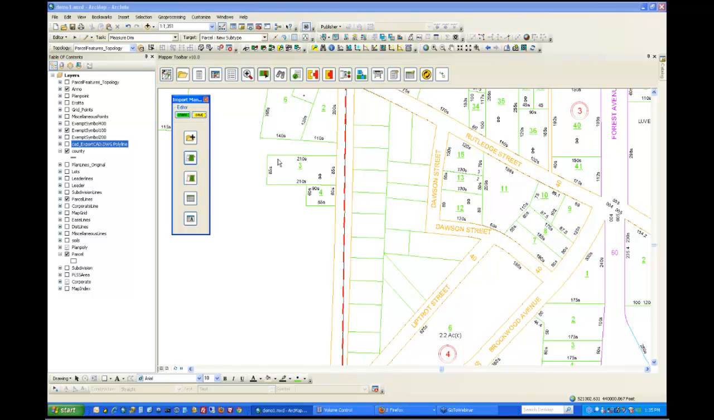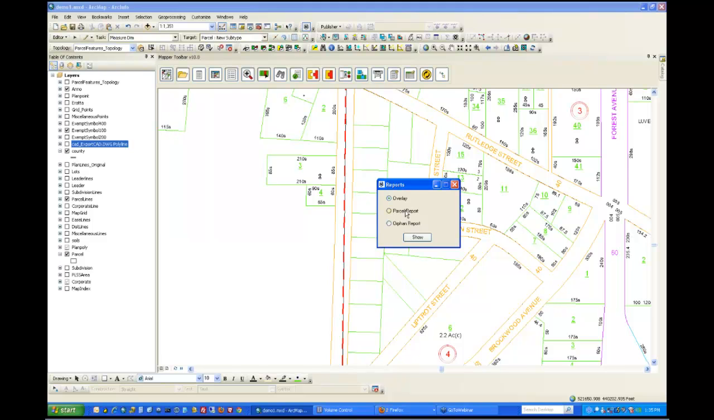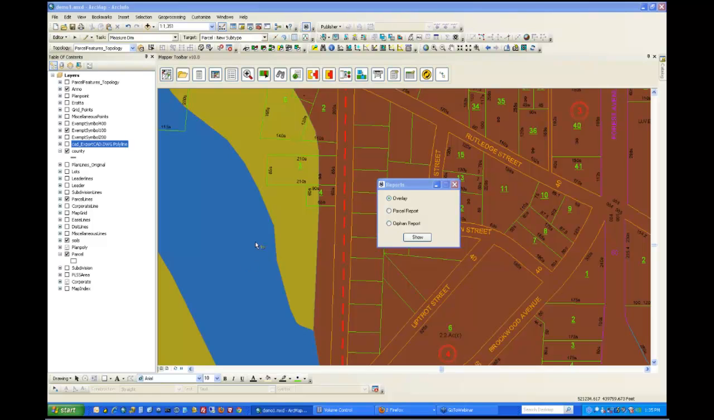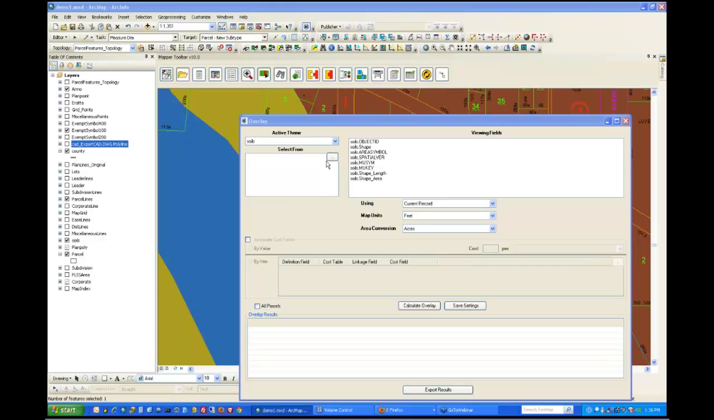Okay. So a couple other things before we hit our Q&A session are some reports that we can do in Mapper. One of these reports is an overlay report. So what I'm going to do is turn on my soils. I've got a soil layer here, and I'm just going to select one parcel. It's got two different types of soil, and I'm going to go to my overlay,